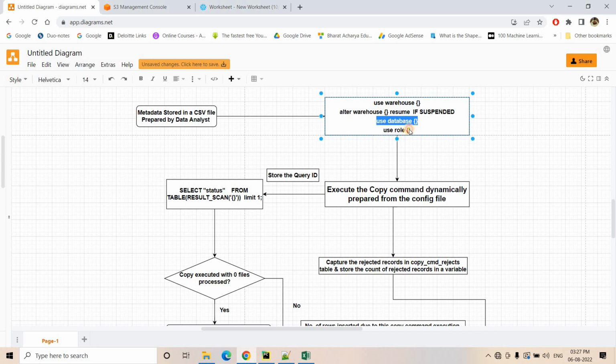Then use this database, use this role. All values it will be taking from this config file. Once that is done, it will dynamically prepare the copy command in the backend, and then execute that. As you know, whenever we execute a query in Snowflake, one unique identifier is generated. So we will be taking that particular query ID